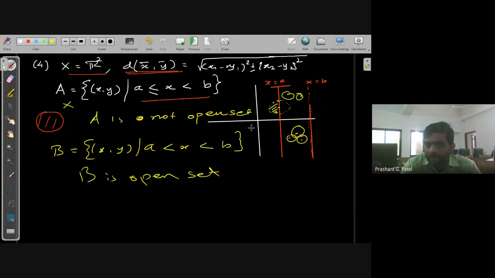I have not yet defined the term boundary in metric spaces, but intuitively we can say that if this set is open, it does not have a boundary. What we mean by boundary, I will define later on.